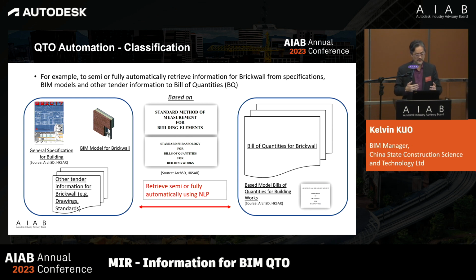So this flow should be in an automatic way or machine learning way. Okay, we can do some work on this because those kinds of classifications is what we do in our BQ. So actually, the coding system and the PSS information are both important for the automation, for the AI QTO, what I